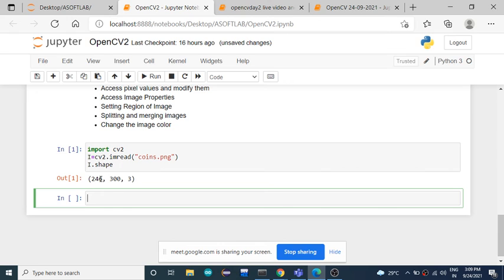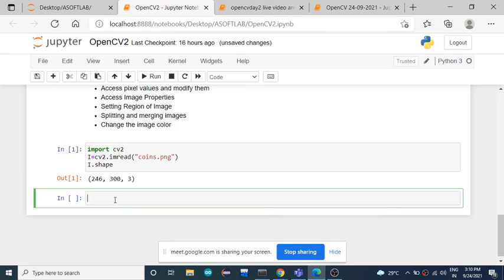Observe here, we get 3 dimensions: the height, width, and the number of layers this image contains, which are returned as the value of the shape attribute. Using this we can split the channels, or layers, which you can also call pages. We can split the layers separately by using this dimension.